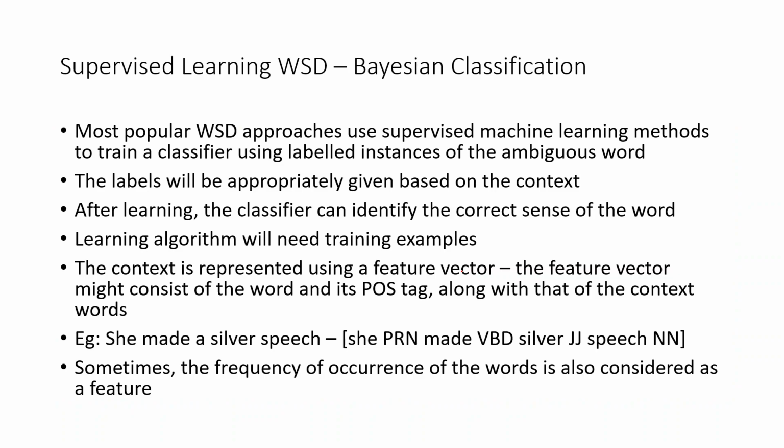Okay, now we move on to one more. We'll be looking at one more algorithm for word sense disambiguation. It is a machine learning based algorithm. We already saw what supervised learning is. That is learning with a teacher. And Bayesian classification is one of the examples of supervised learning. So here we are going to use the Naive Bayes classifier. Okay, we have earlier seen the Naive Bayes classifier in the context of POS tagging. Here also we are going to look at it; this is the simplest form of classifier we have in machine learning. Okay, so the Naive Bayes classifier is going to be used for word sense disambiguation.